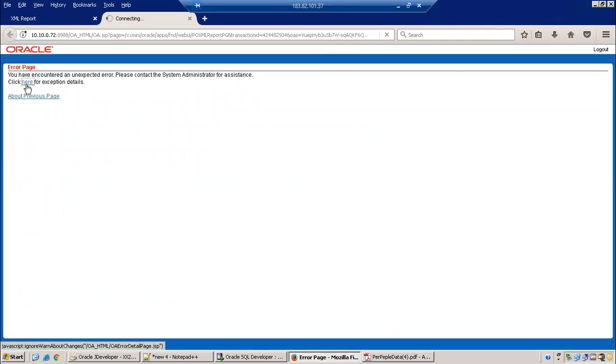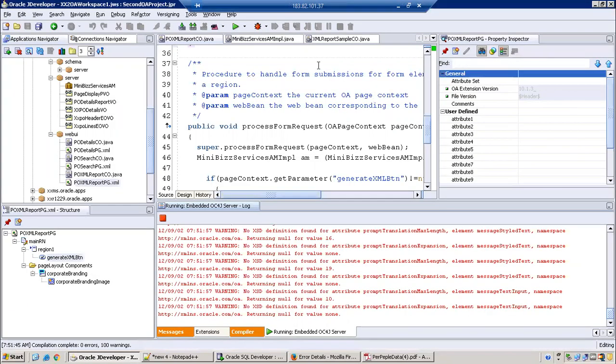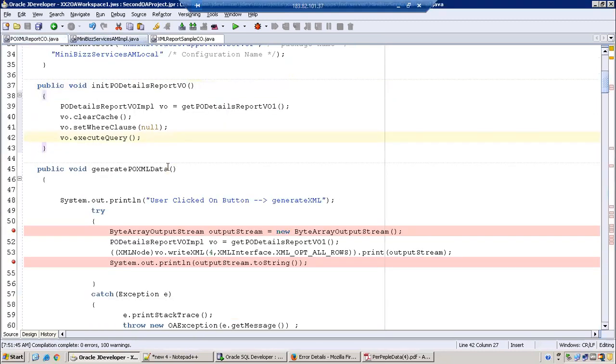Okay, we got some exception. Let's see. Okay, I think somewhere this caching was an issue when you're copy pasting, right? Something happened. So here, if you observe,